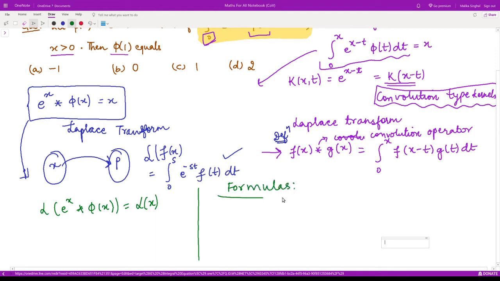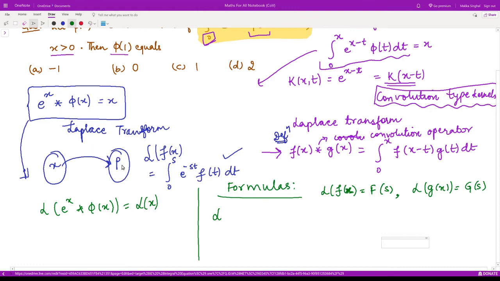There is one important theorem known as the convolution theorem in the theory of the Laplace transform. It states that if the Laplace transform of some function f of x is equal to capital F of s, and the Laplace transform of some function g of x is equal to capital G of s,